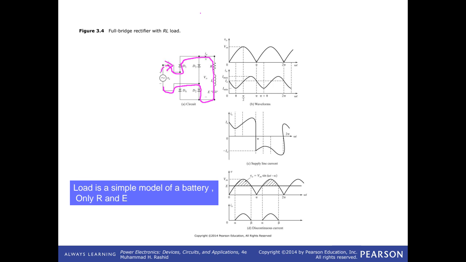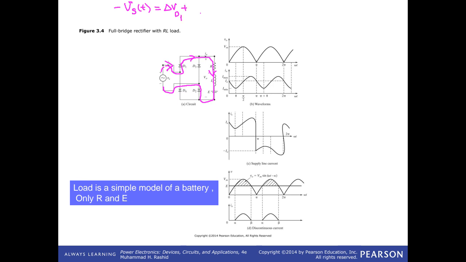Writing here: minus Vs of t equals delta V diode 1 plus Ri